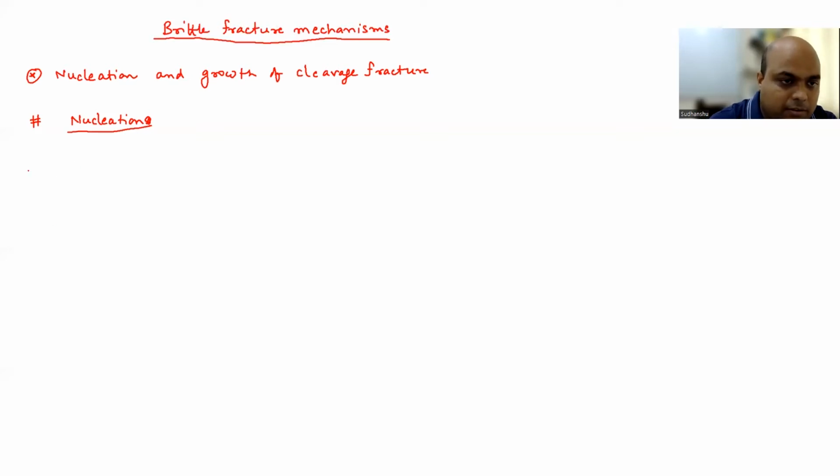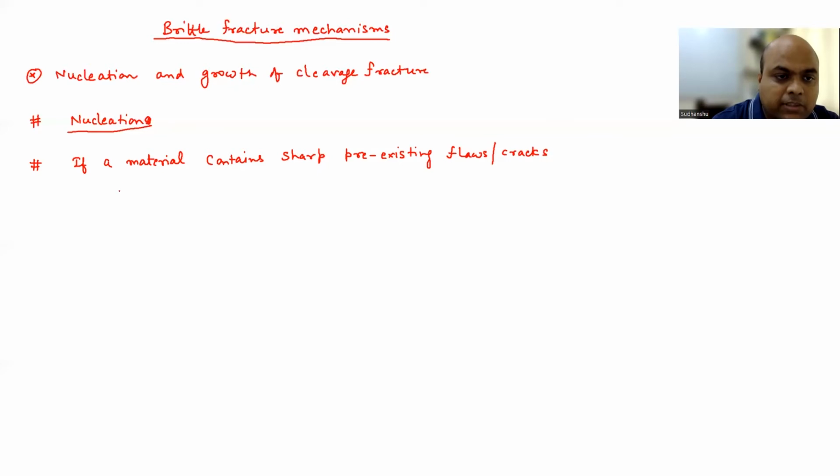So the first is, if a material contains sharp pre-existing flaws or crack,